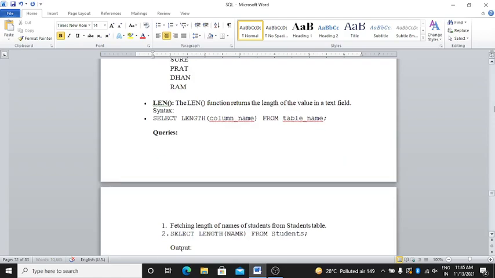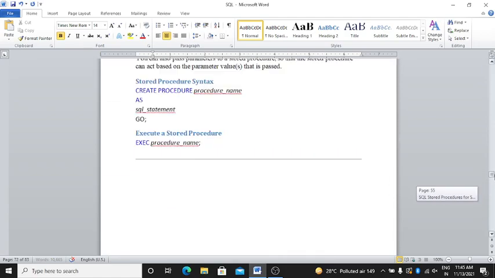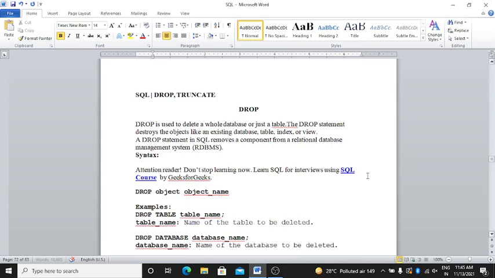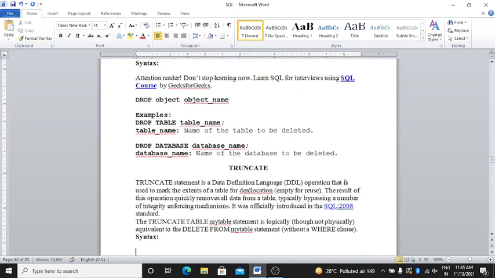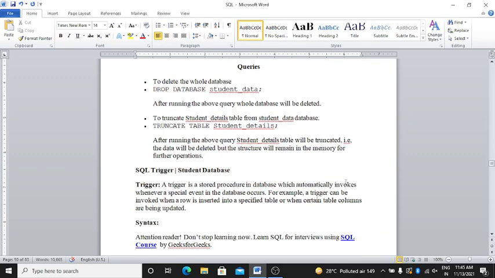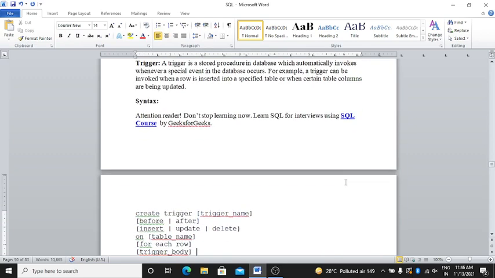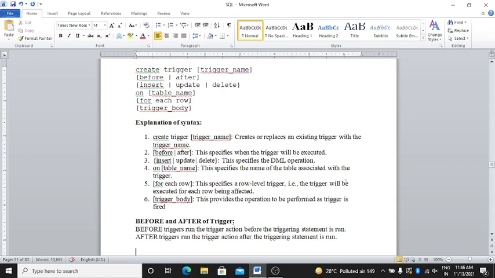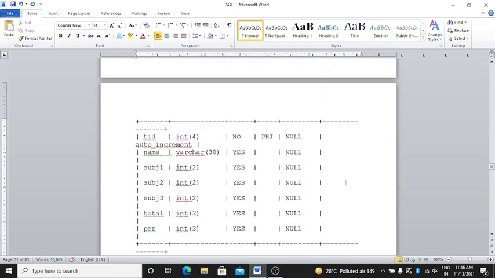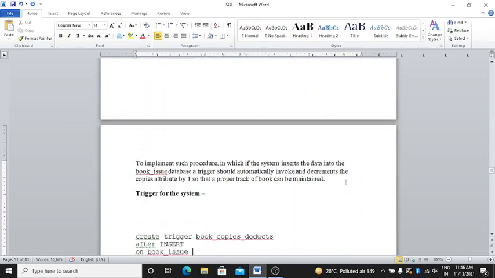In today's lecture, we went through the drop command, truncate, and the queries. SQL triggers: the syntax for triggers, explanation of the syntax, and the before and after trigger concept are well understood by us.